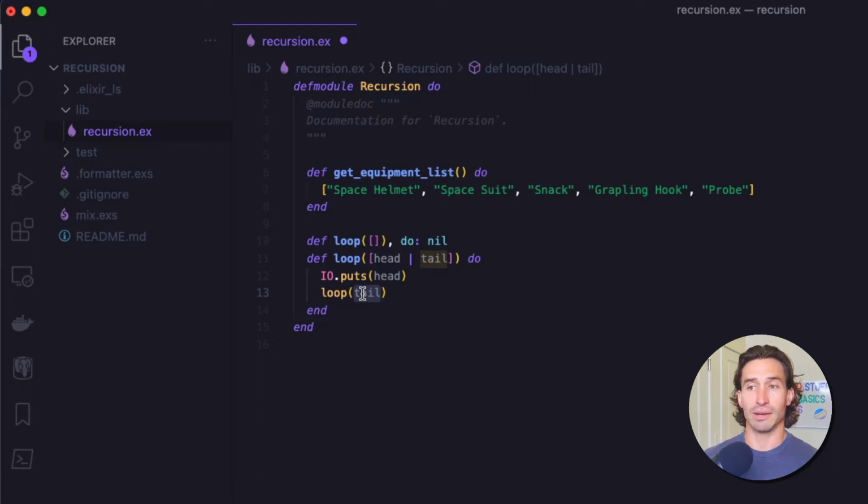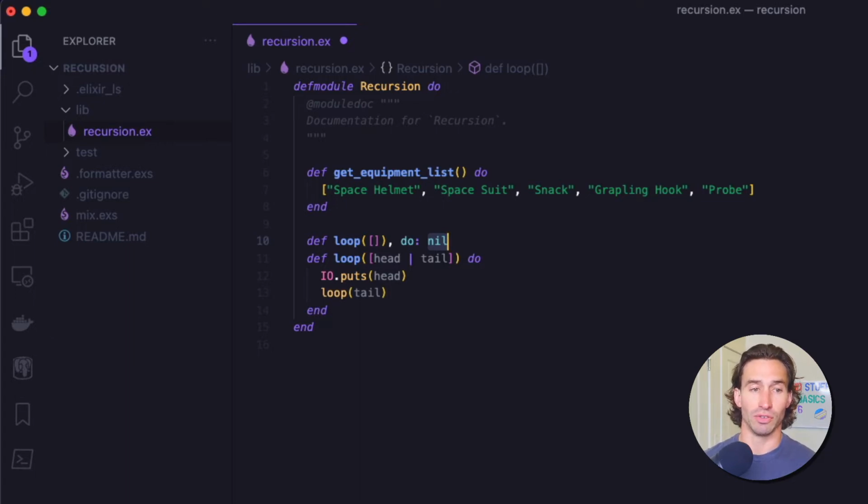So every time we pass it back in, it'll be minus the first argument. And that means eventually it'll be an empty list and return nil. So we will not continually call our recursive function, because it will hit nil and it will stop the loop. In this case, we only pass the tail back into the function. So at some point, the tail will be an empty list, which will call our base case and return nil,